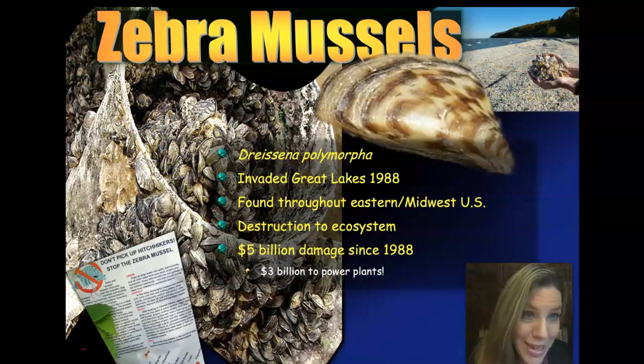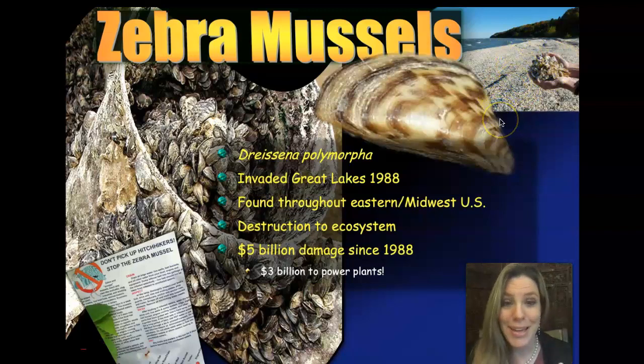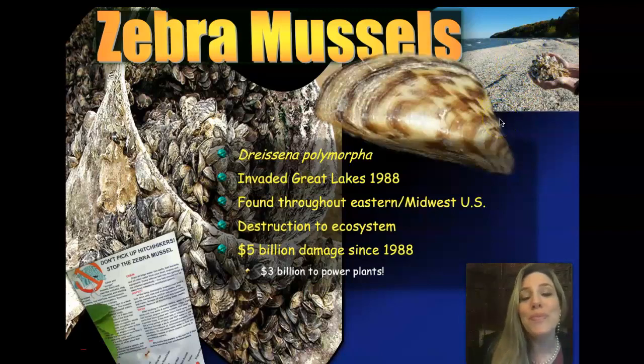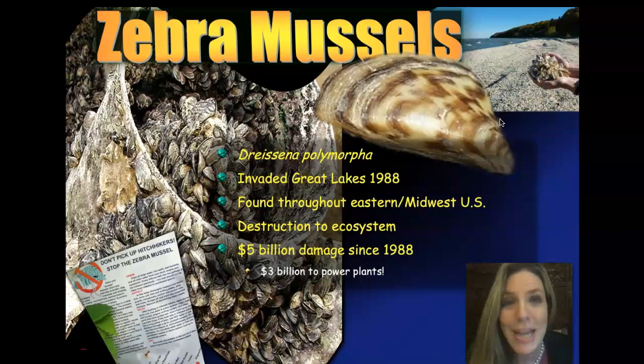This over here is actually a beach in Michigan made of zebra mussel shells. So all of that is zebra mussel, not sand. It's just absolutely incredible. So they're definitely ecosystem snatchers. In the Great Lakes, they don't have their natural predators that they would have had back in their native habitat in Russia. And so these guys will just take over, and the female can actually lay 30,000 to